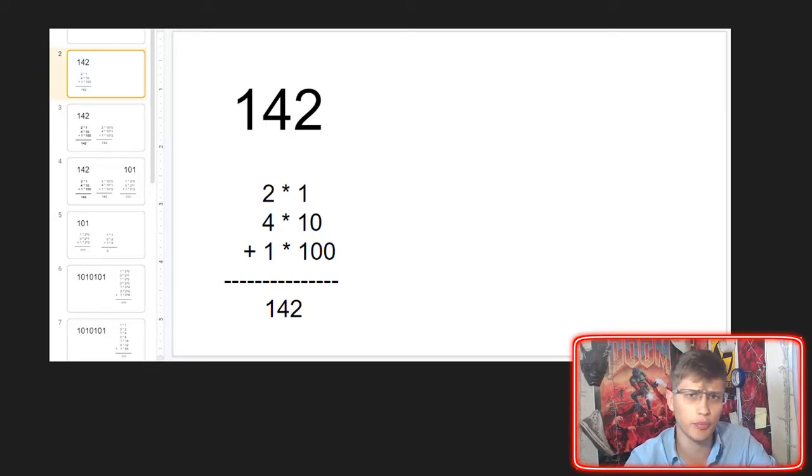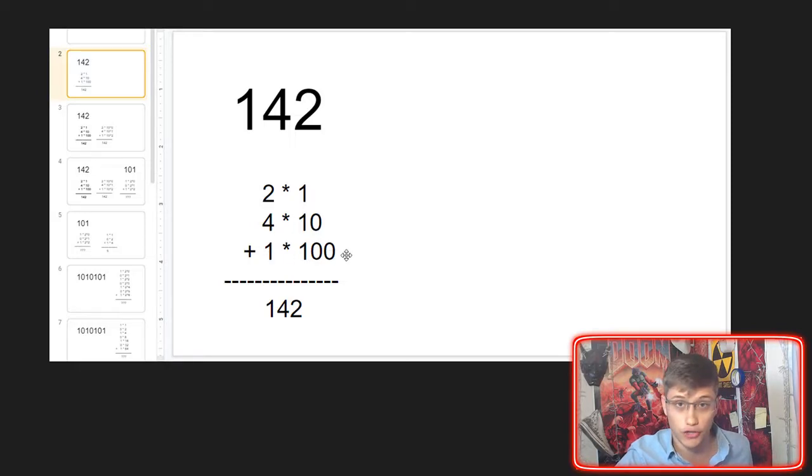I think it's really important to just take a moment. We kind of take it for granted, but we did split that number into three sections there. We say 142. And so when we think about numbers, they're broken into those columns, right? Maybe in school you learned it as the ones column and the tens column. And we could rewrite 142 as an addition problem where we have 2 times 1 plus 4 times 10 plus